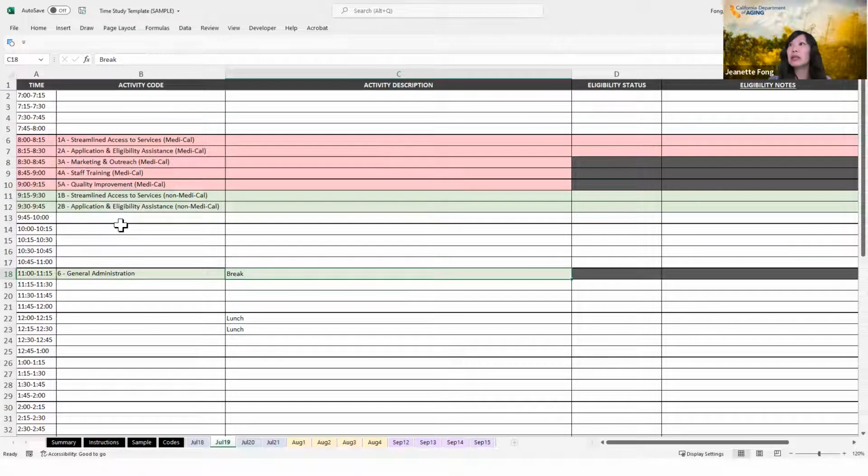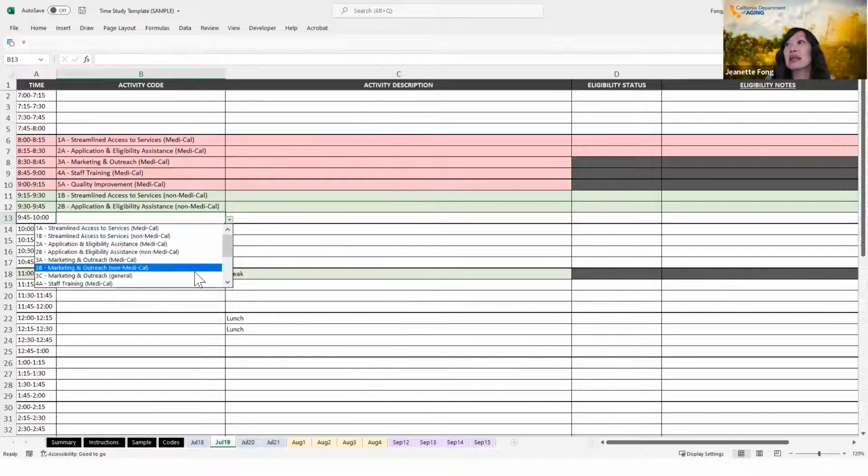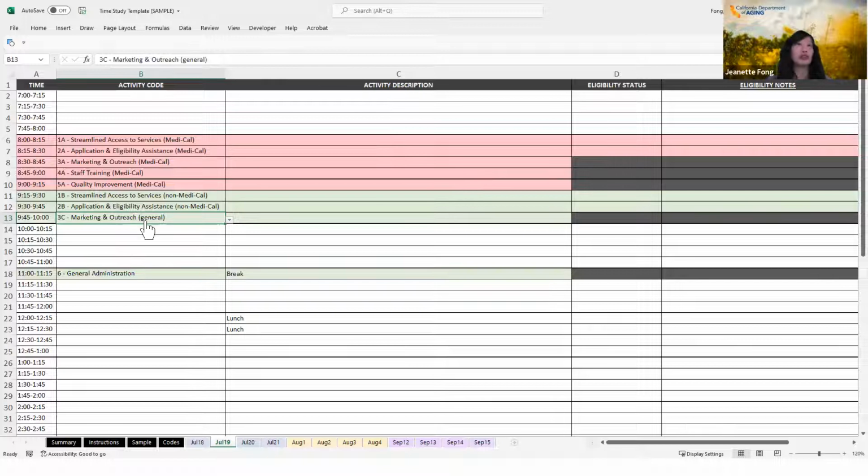Another thing to remember, let's say you are at an outreach event or something like that, and you're providing general outreach on your ADRC or your AAA or your ILC. Say you're not going to be there just for 15 minutes. You're likely going to be there much longer, maybe the entire day. So you can say attended outreach event and handed out ADRC flyers or something like that. You don't have to type this over and over again. If you want, you can do same as above.